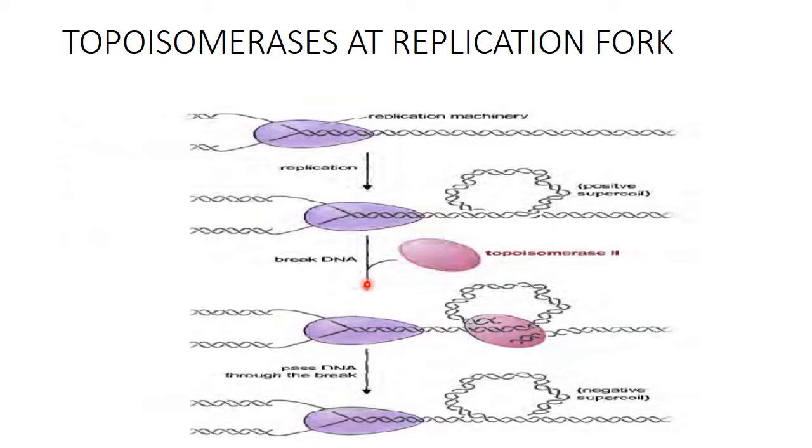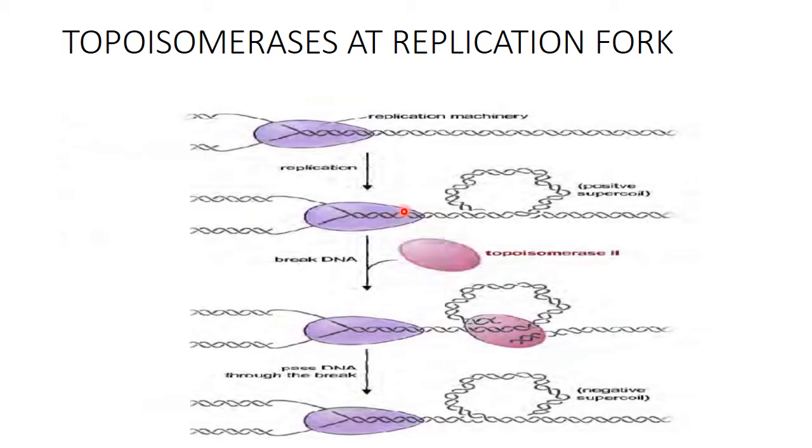Now we come to the next enzyme, that is called topoisomerase. Now you see what helicase does: it pushes the coils in the forward direction so that you get single stranded DNA for replication. But when you push along the double stranded DNA in the forward direction, ultimately the coils get concentrated and cause a supercoiling effect, or introduction of a positive coil like this. If a positive coil comes in the way of a DNA polymerase, the DNA polymerase will not be able to move forward and the replication will stall.